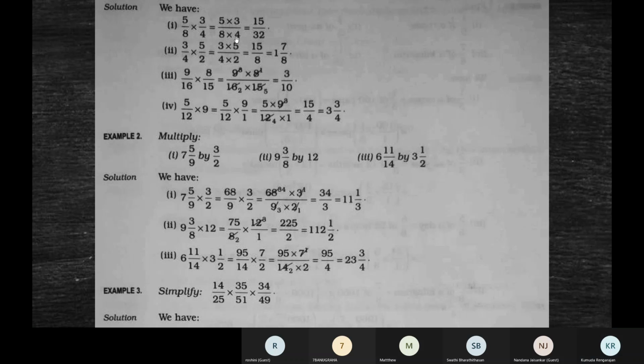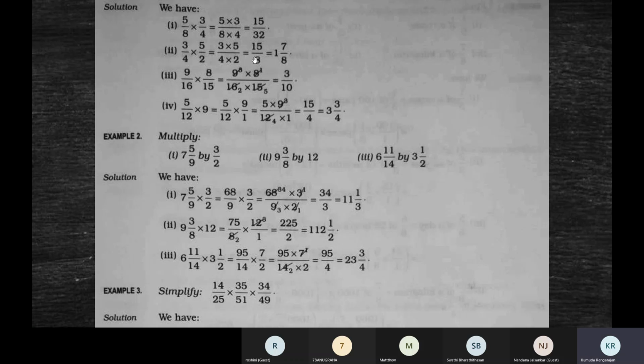That's all. So how to multiply? Multiply the numerators, multiply the denominators, get the answer. Now you should look at this answer and see if you can simplify it further, that is, if the numerator and the denominator come in the same multiplication table. No, they don't. 15 comes in 3 and 5 tables, but 8 will not. 8 comes in the tables of 2, but not 15. So 15 and 8 don't happen in the same multiplication table. That means it's in the simplest form already.